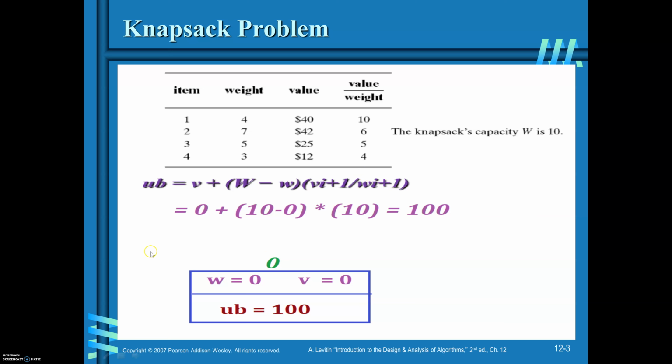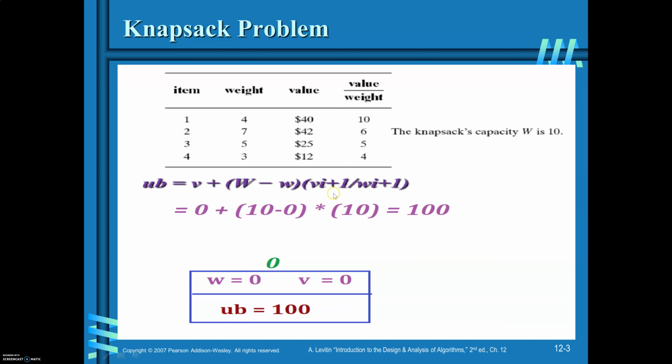In order to find the upper bound, V, because in the initial state, that is at the root level, you are not considering any item in the state space tree. So when you have not considered any item into the sack, then the value earned is 0 and the weight occupied in the sack is 0. So V is 0 here, plus the capacity of the sack, which is 10, minus 0, into